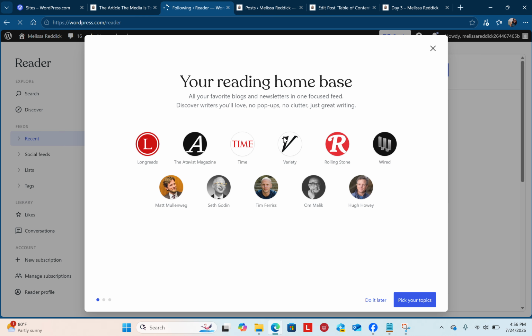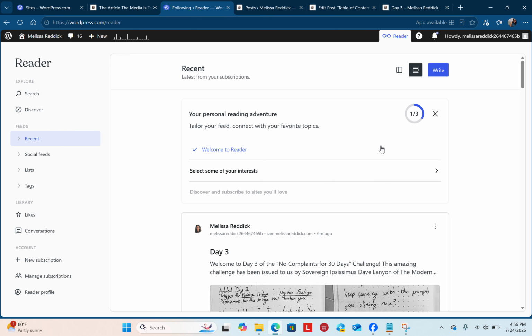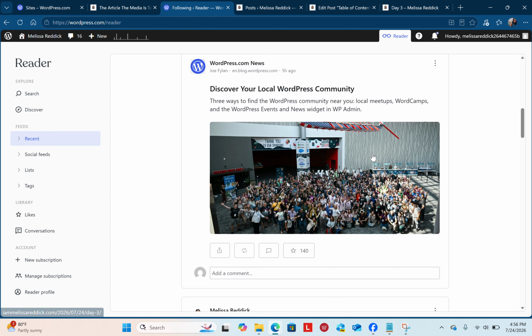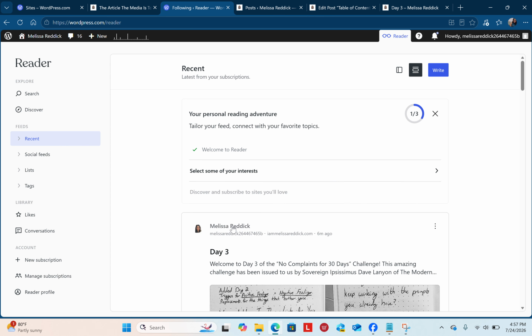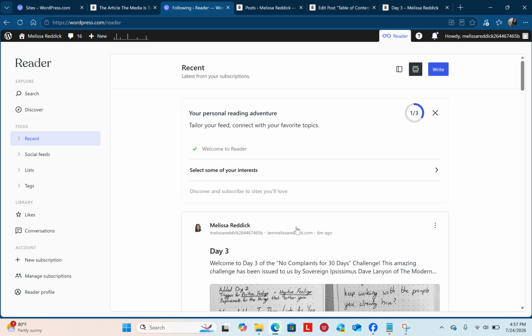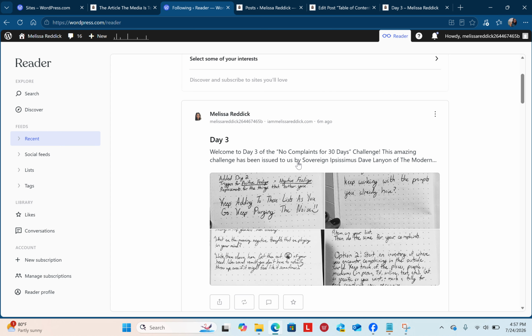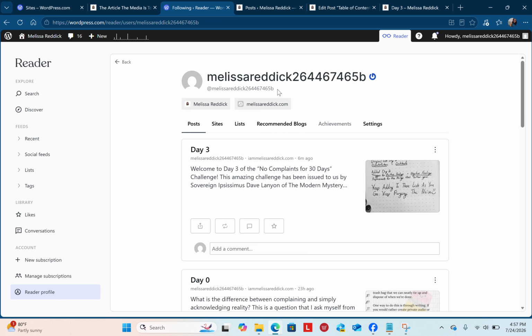Ooh, I can do reader mode? Thanks for exploring with me. What are we doing here? Oh, I'm this one subscriber I have? Am I subscribed to me? Or is it just because I wrote it? Yeah, see, you can tell that I wrote the post, but it looks like this. What do I do about this? Because when I Googled it, it said you can't change it. Oh, reader profile. Posts. But tell me how to change my name.